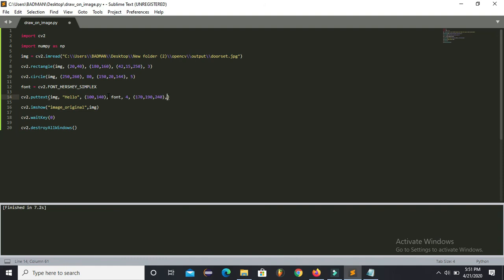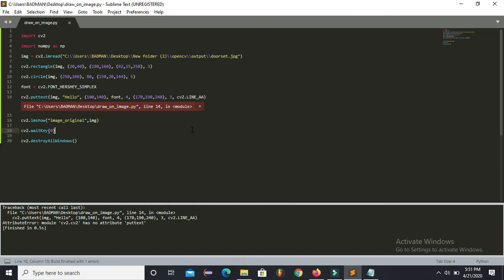Next is the thickness of the text. Here I am using 3. Last is cv2 dot LINE_AA. And now if I run this,